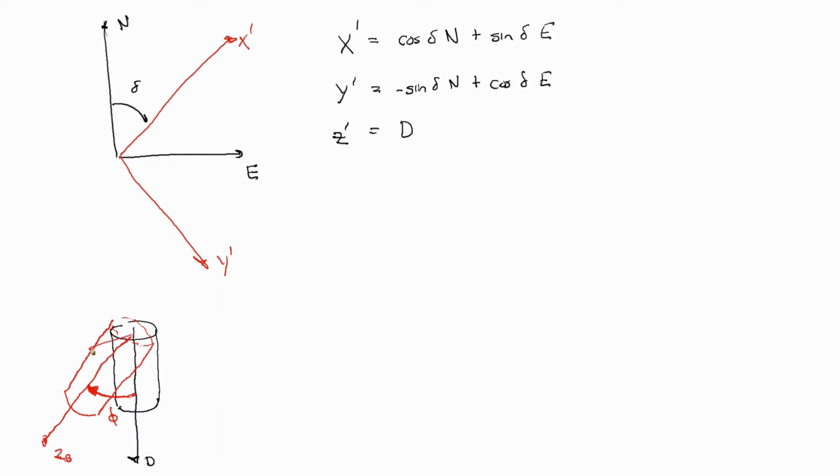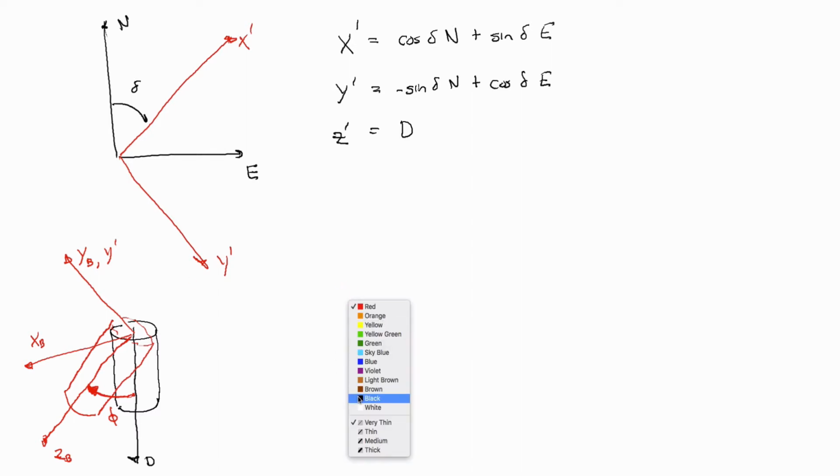And so then we need to draw the other axes. In this case, it's xb and yb. And in this case, this rotation phi is about the y-axis, so yb is going to share an axis with y prime. So then if we write down the rotation matrices between the xb frame and the primed frame, then we have